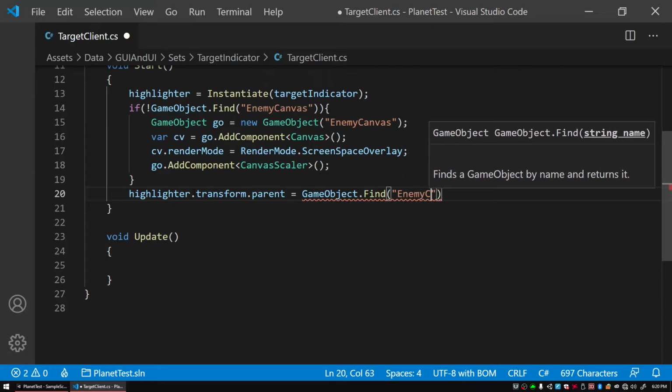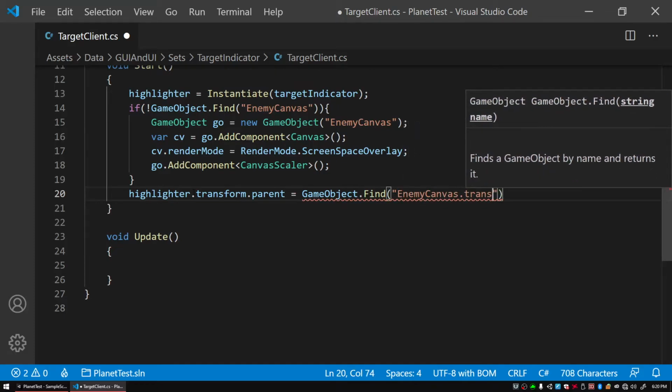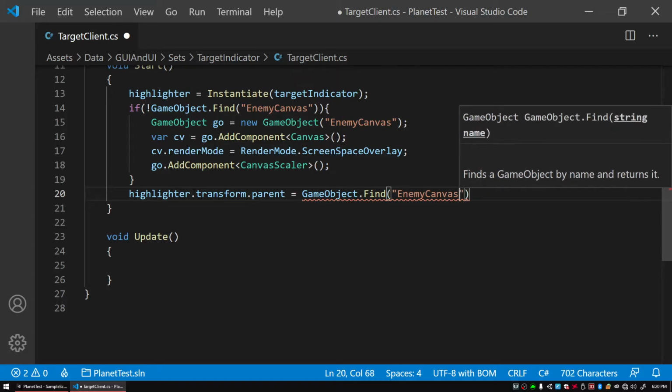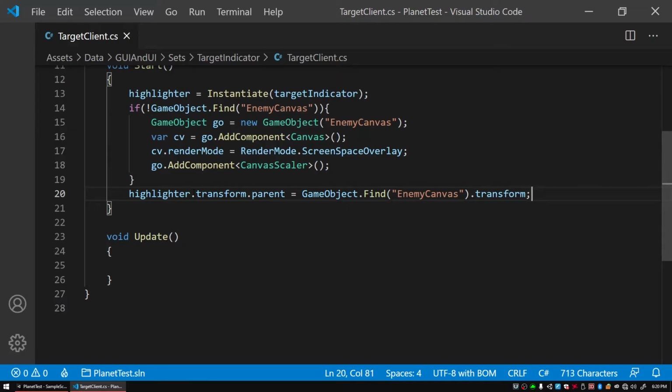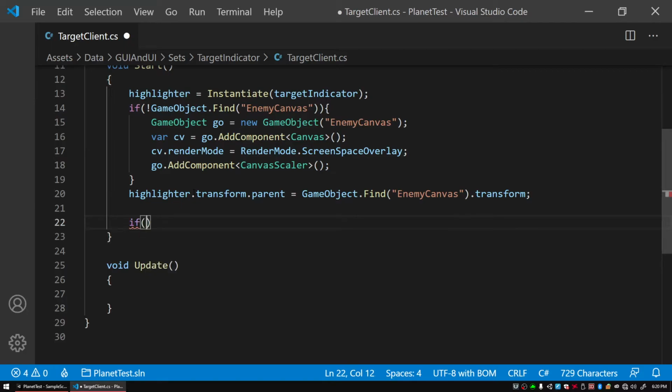And the reason I want to do this is because I don't want to reuse this variable. I want it to be gone once we've finished using it. That's good programming practice, not to keep any variables alive that you don't need to have. The next thing we're going to do is go if the gameObject.tag